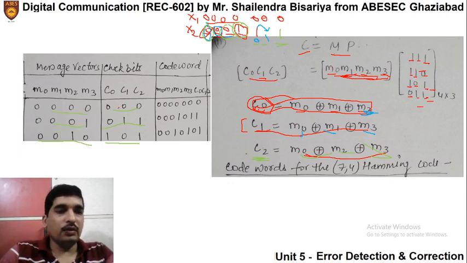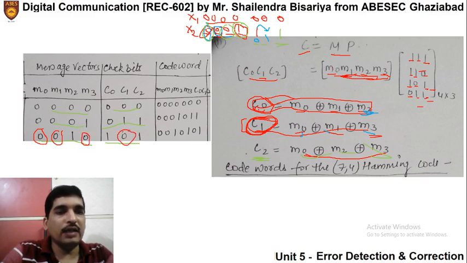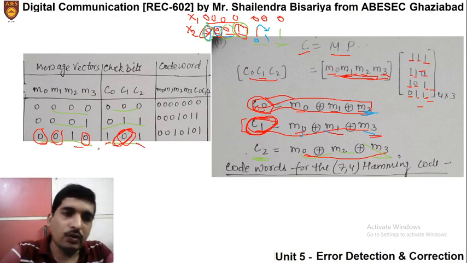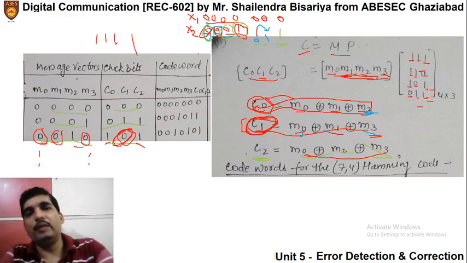So I hope you have done this. Let us take any arbitrary value for C2, C1. Say I want to check for C1. Then C1 is M0, M1, M3. So it is M0, it is M1 and it is M3. XORing these will give us the value of C1. So let us check. 0 0 0 will surely give us 0. So in this manner we will continue further. Check all the code vectors for all the remaining terms, up to 1 1 1 1. Complete this table by yourself now.